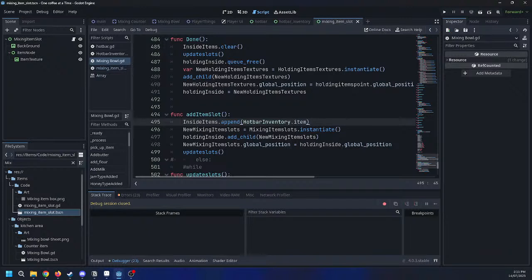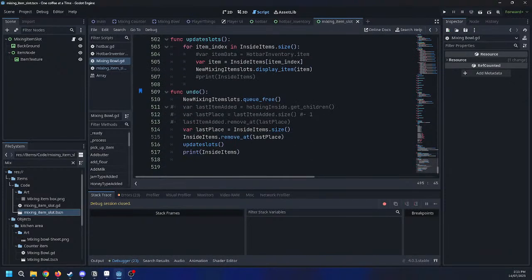Maybe I don't need to, because what I'm trying to do here is tell it to remove the last added thing, and then the next problem is that I have to go to the next last added thing.